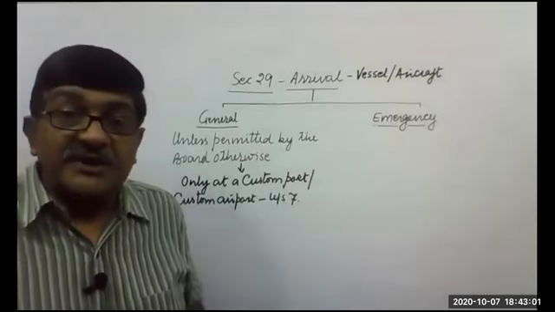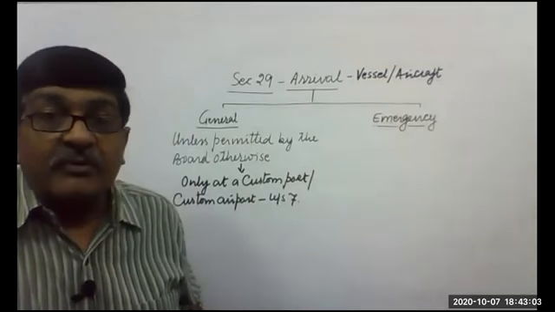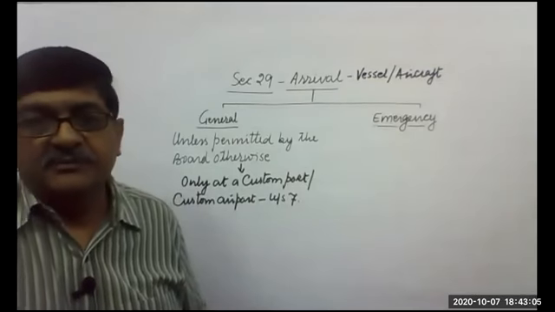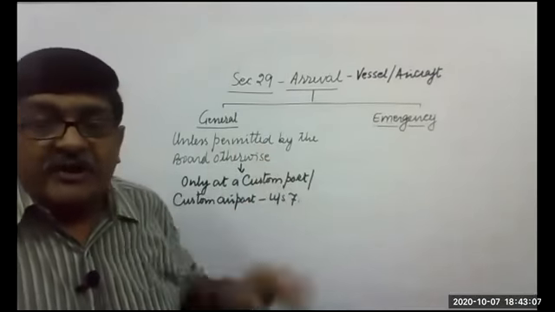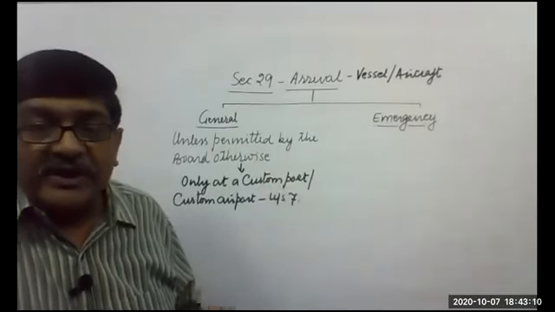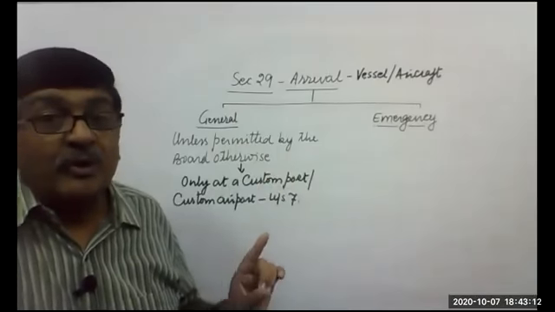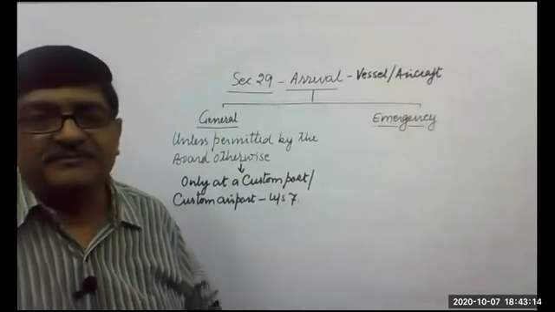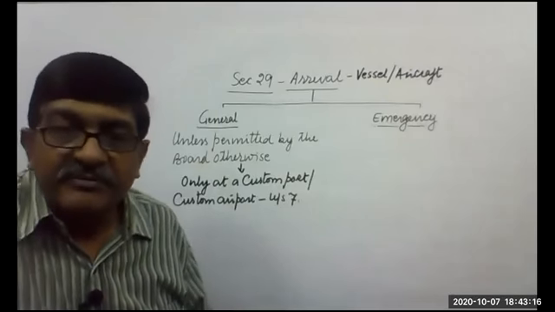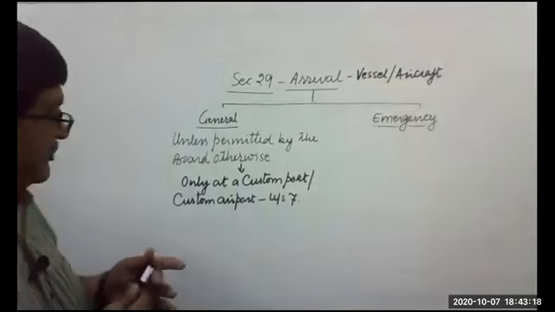So any vessel or aircraft coming to India from outside India, unless otherwise permitted by the board, should arrive only at a custom port or custom airport appointed under section 7. Right? Further, it says,